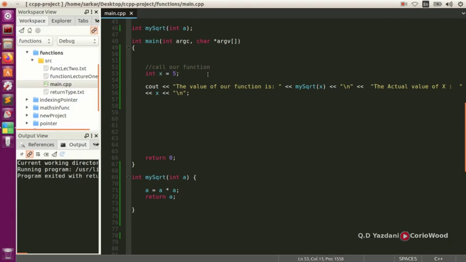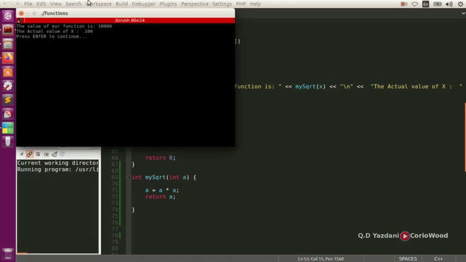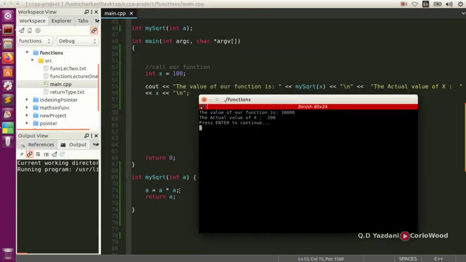Alright, so you guys go and try, say for example, you can do 100. So I'm gonna run again with 100, and if you look in here, the 100 multiplied by 100. This is our value of 100. Then this function is going to pass to this function the copy of this 100, and here the copy of the 100 is going to multiply 100 by 100, which is 10,000, and the actual value of x is